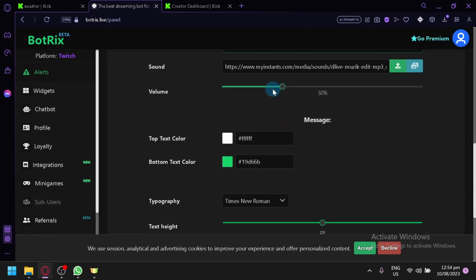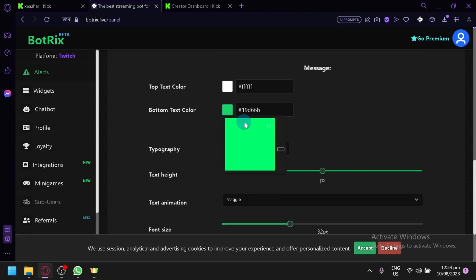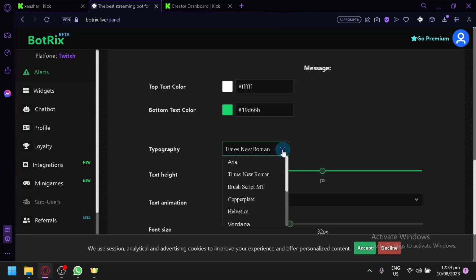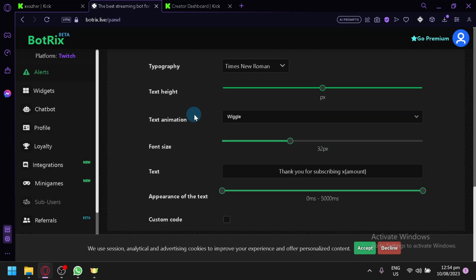And you have your mode over here. You have TTS or sound. You have your volume. You have your text color. You can change the text background color or the bottom text color, the typography. You can change the font over here. You have these options over here. Very few options. You have your text heights,